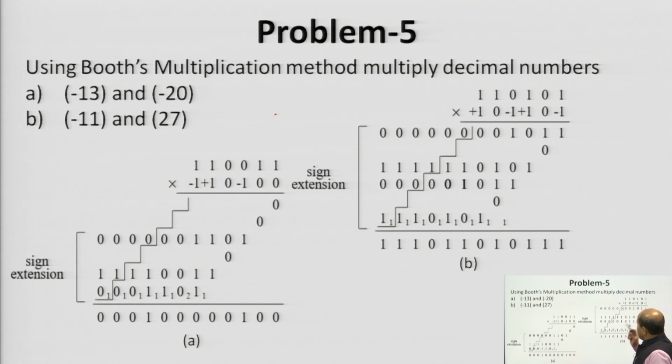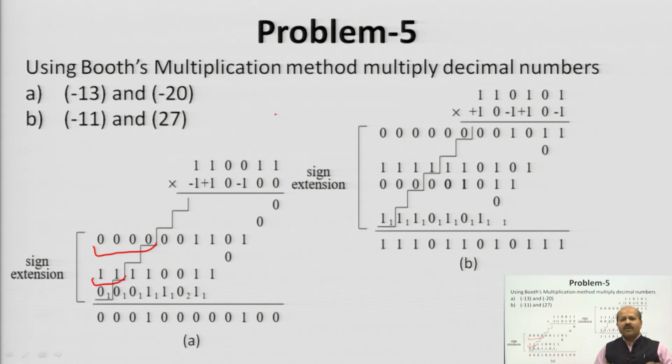And in the next problem, when we consider the multiplicand as negative, the same encoding operation we will perform here. Here these are the encoding bits of the multiplier using the same table. This way we can encode the multiplier, and in case of a negative multiplicand, what we do? When it is minus 1, you can see when we multiply with minus 1, the remaining positions will be copied as 0 0 values, and when we multiply with plus 1, the remaining positions will be copied as 1 1.